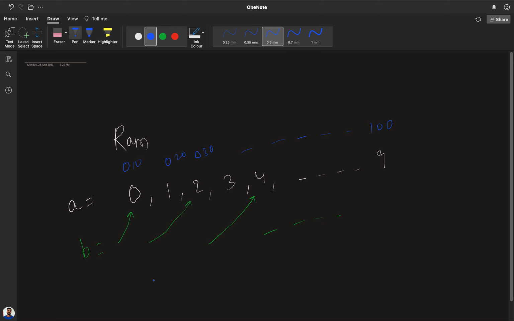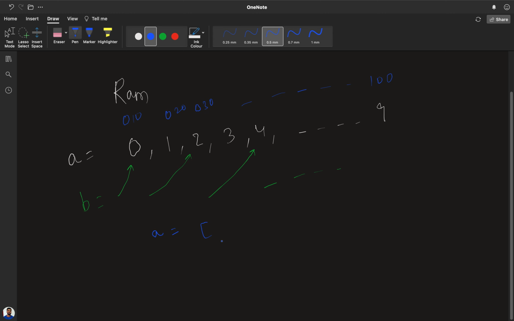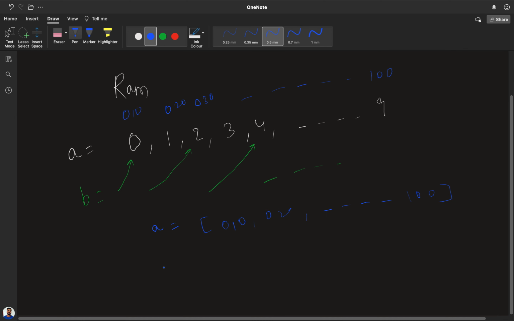Now the addresses that a has are 010, 020 and up till 100. And b has 010, 030 and so on.